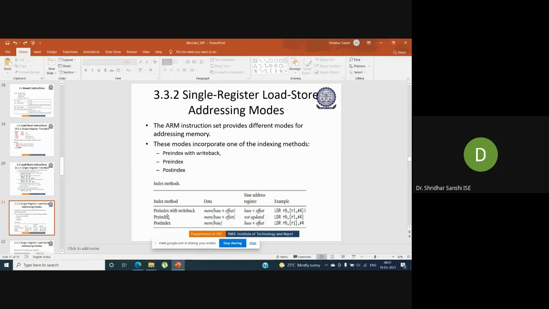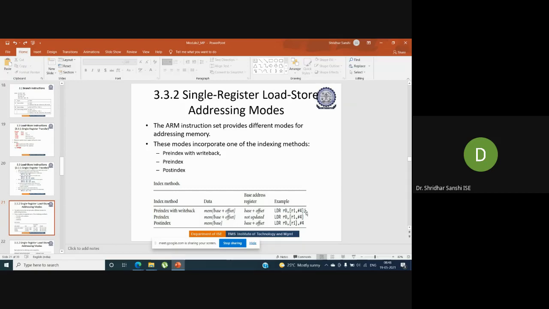So you can see here how it works. Pre-index with write back. We are specifying some memory, base plus offset. You can see R1, comma, hash 4. So it indicates the contents of the base register added by 4, and there is an exclamatory symbol.